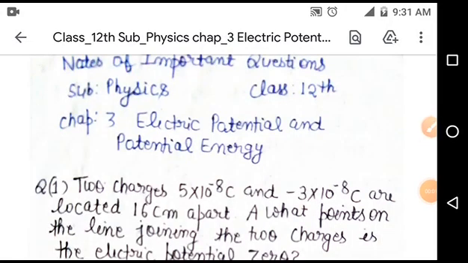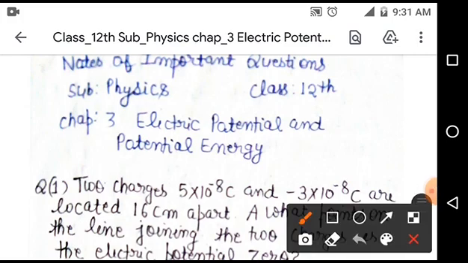In this session, we will discuss the most important numerical problems of chapter 3, and the name of chapter 3 is electric potential and potential energy. So here we will discuss only a few most important questions. Students, one by one we will discuss here. So the first numerical is